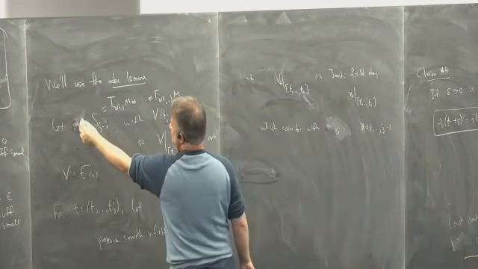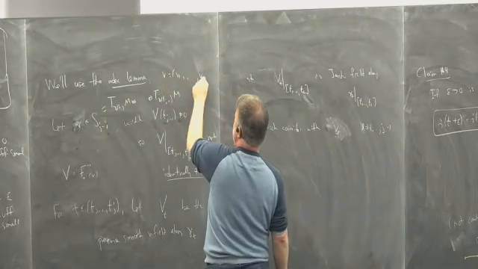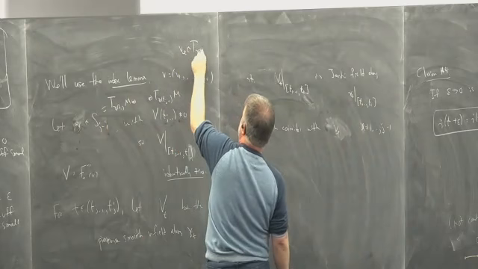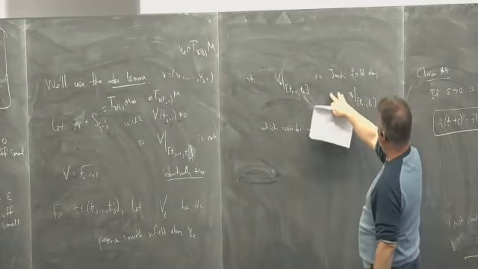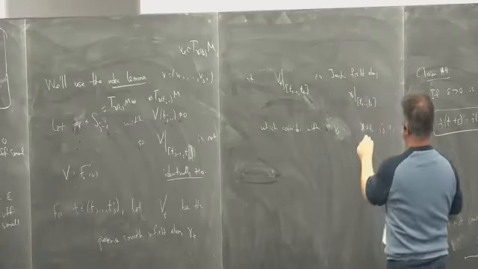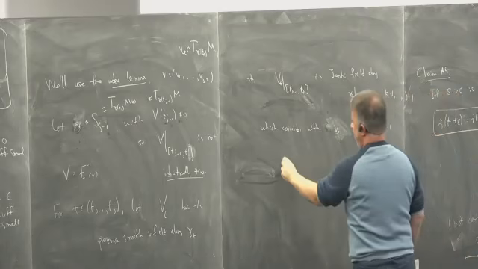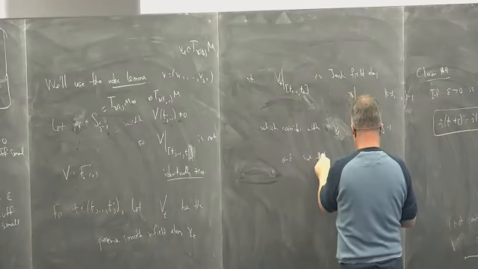So V is equal to V1 up to Vj minus 1. Each VL is in T gamma TL of M. Okay, so I want it to be a Jacobi field along these guys for k equals 1 up to j minus 1, and such that